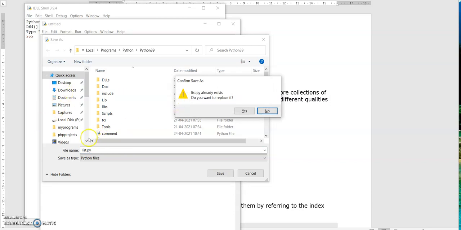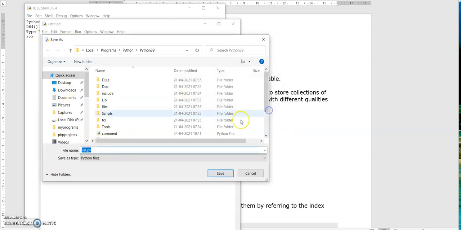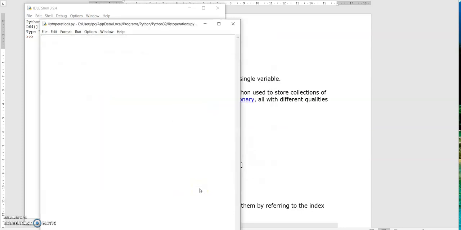It already exists. We need to write the list in square brackets, in double quotes, mango.